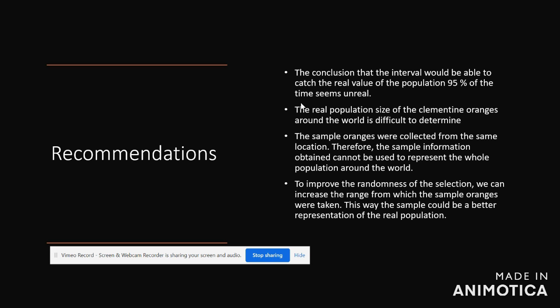To improve the randomness of the selection, we can increase the range from which the sample oranges were taken. This way, the sample could be a better representation of the real population. So that's